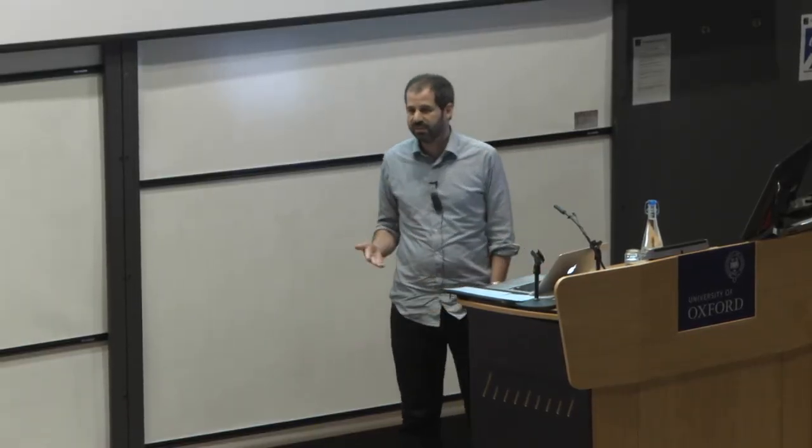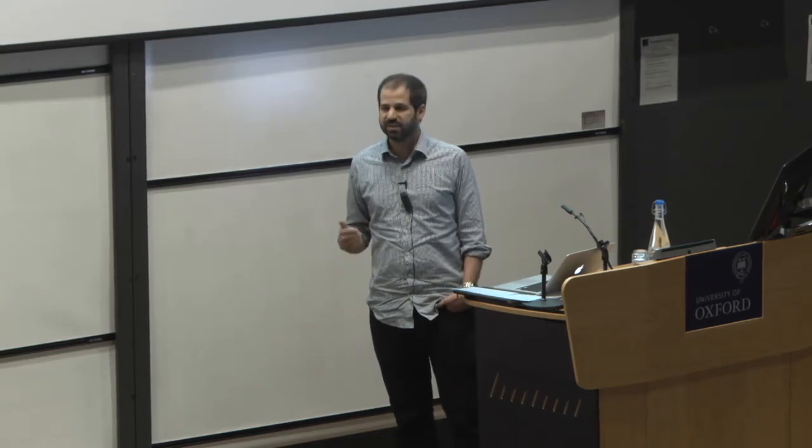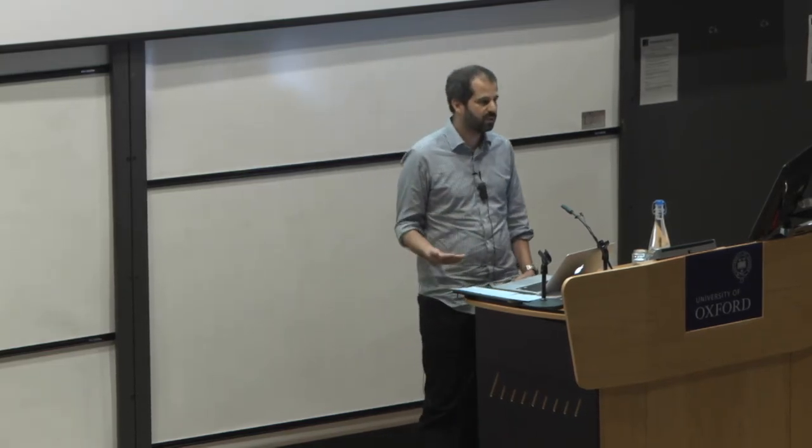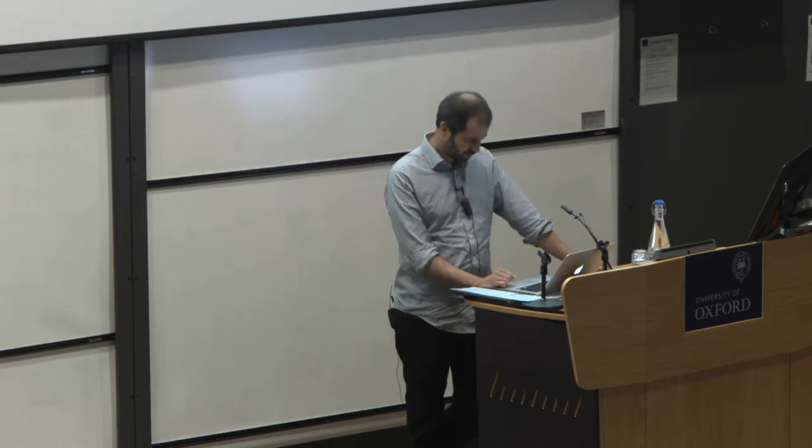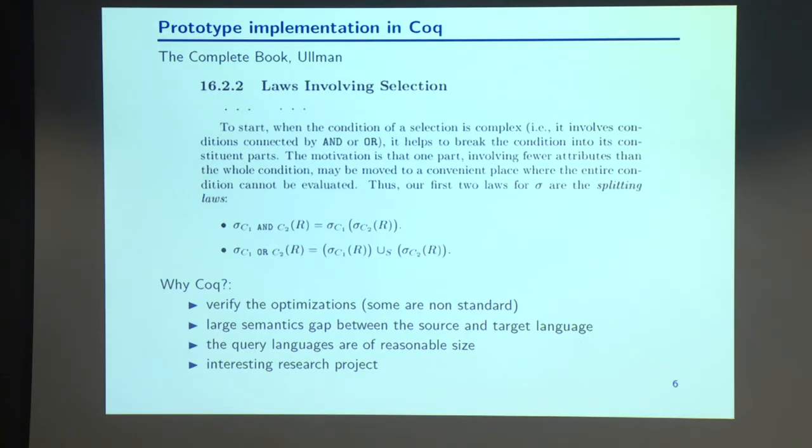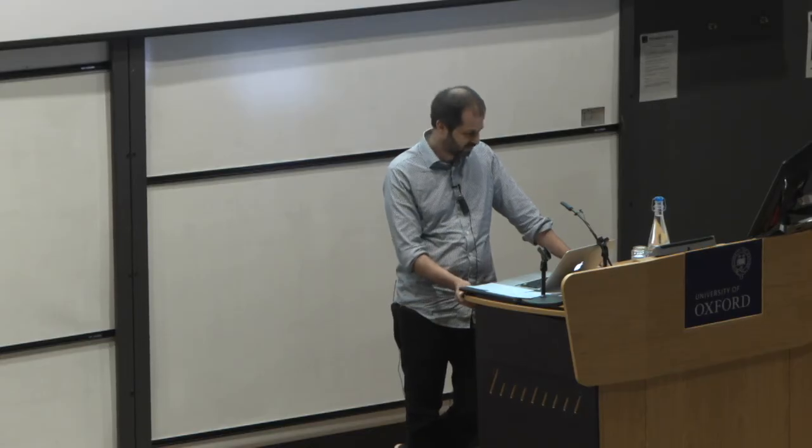So the question was: is it going to be easier to test and debug our system, or to use some proof to build our compiler? The other thing that made us think it was tractable is that the languages were not that large. Usually query languages are a reasonable size. We also saw some interest because there was a large semantic gap between the input language and the target language, and we thought that proofs would help us make it correct. And of course, we were excited by this research project of building a query compiler in Coq.